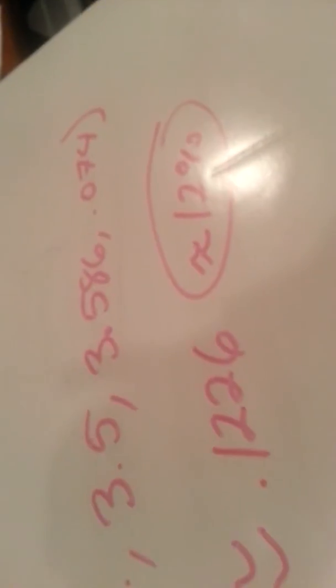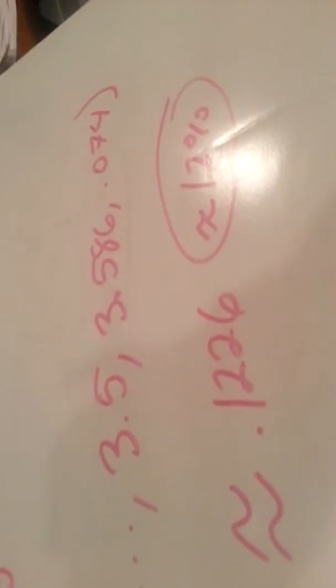So you'll type in 3.5, comma, and then you're just going to do the mean and standard deviation like always. So you're going to type in here 3.586, comma, and then 0.074, and you're going to close that and hit enter, of course. And you're going to get about 0.12258 or 0.1226, which really just rounds to 12%. And that's your answer. So I find the z-scores to be relatively simple as long as you remember that if